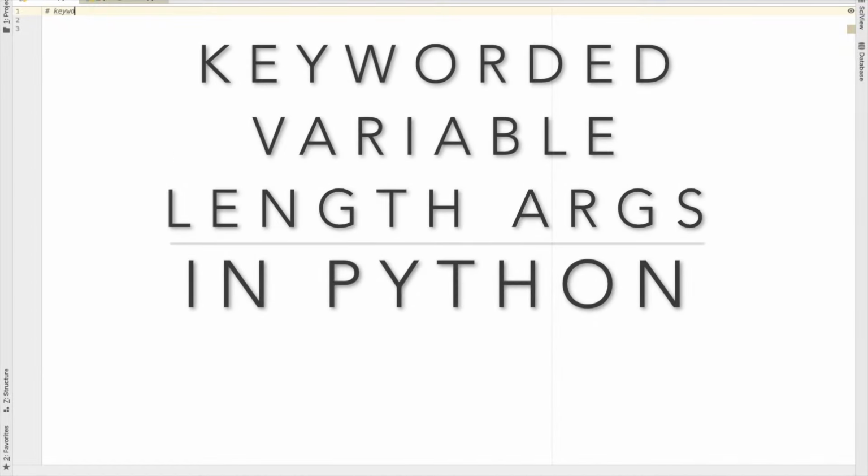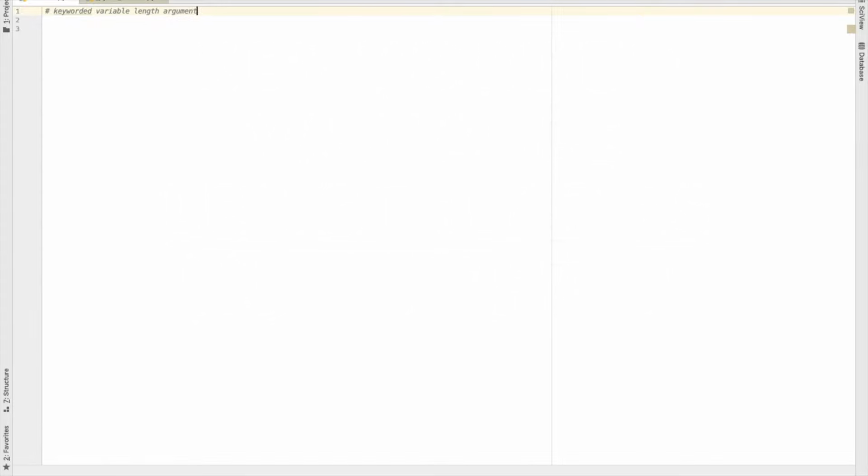Very good morning. In our previous video, we have seen the types of arguments that can be used in Python: the four different arguments, that is the required argument or the positional argument, keyword argument, default argument and variable length argument. So these are the four different types of arguments that can be used in Python. Apart from this, we have one more way of passing variables to the function, that is the keyworded